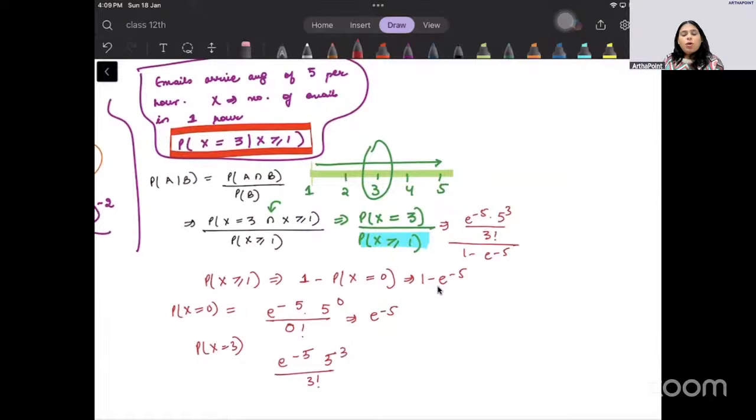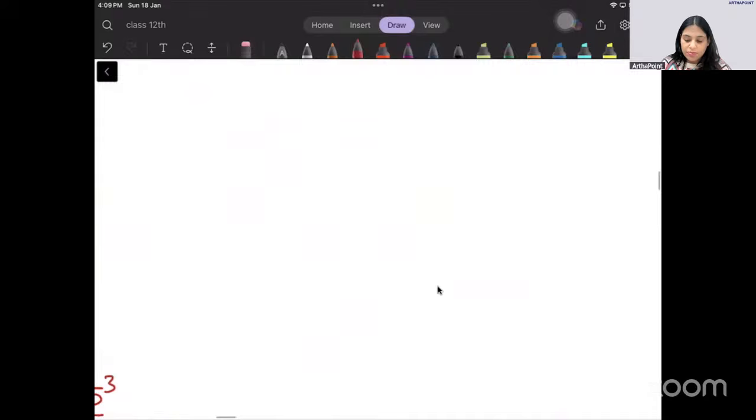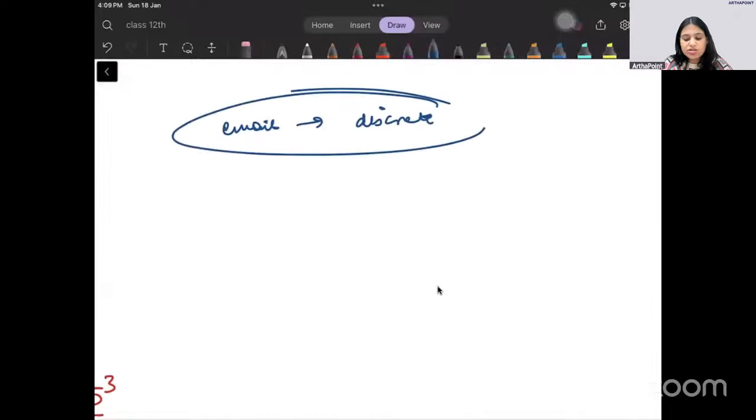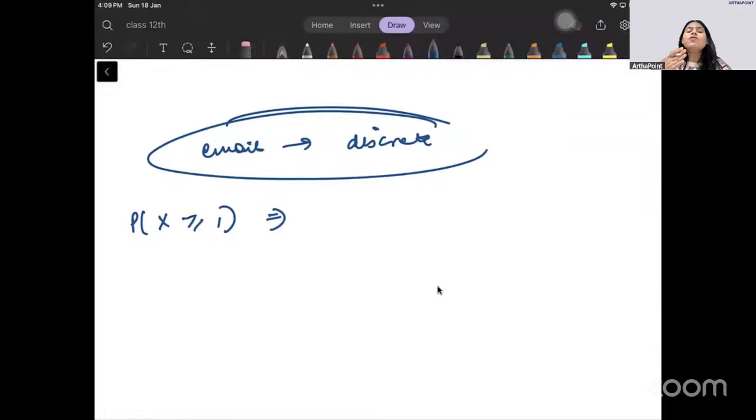ओके, कॉमन एरिया पार्ट, ठीक है. So just think about it. See, intersection means common. एक tell me something. We know कि number of emails it is discrete, तभी तो I am using Poisson distribution. So when I say find probability x greater than equal to 1, it means what I am asking you. क्या पूछ रही हूं मैं आपसे? Find probability of emails either one or more than one.